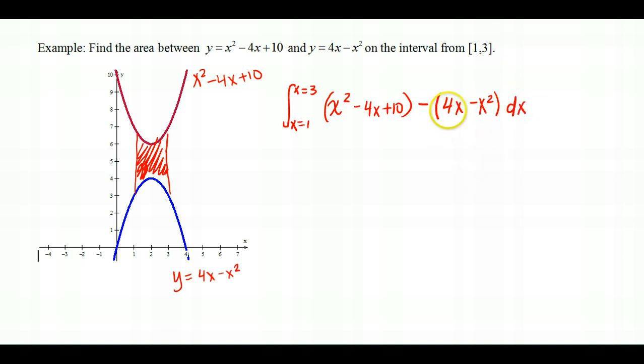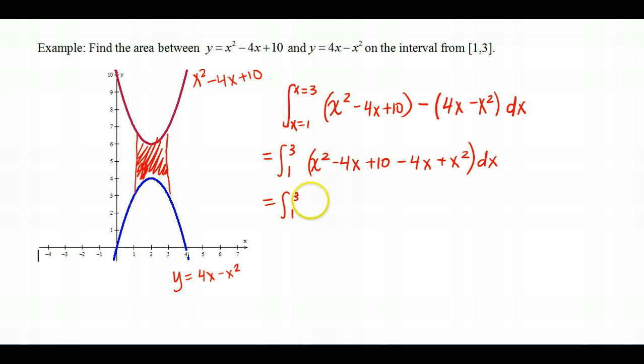dx. So notice I was careful to include parentheses around each function because this minus between the two functions is going to need to distribute. So here I'm evaluating the integral from 1 to 3, so I'm going to lose the x equals. Now I'm going to have x squared minus 4x plus 10 minus 4x plus x squared dx. And this is the same as the integral from 1 to 3 of, I have two copies of x squared here, so 2x squared minus 8x, combining negative 4x and negative 4x, and then I only have one constant, so plus 10